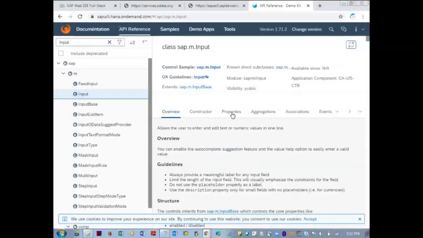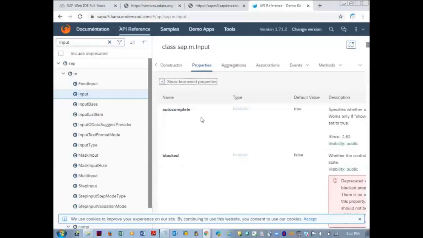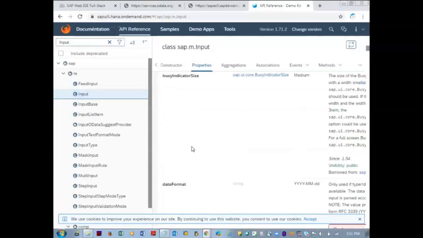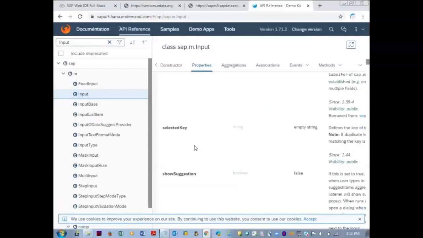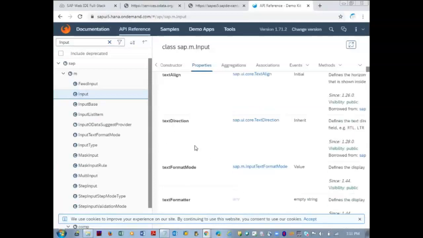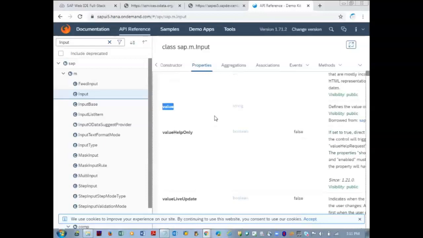Click on the properties, click on show borrowed properties, and in the properties for the input control, you see a value property.